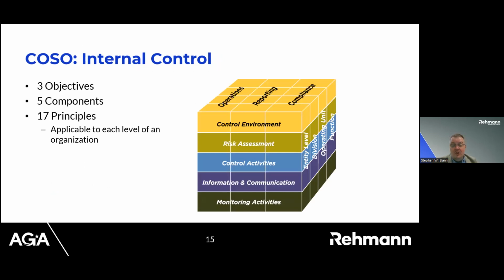Reporting is on capturing what's happened and being able to report that information to others. And compliance is just following the rules. Those 3 elements would exist in all organizations. This internal control has then 5 components: a control environment that focuses on the tone at the top, risk assessment